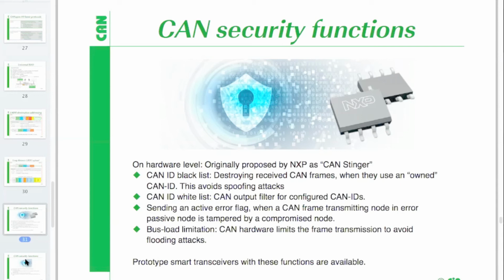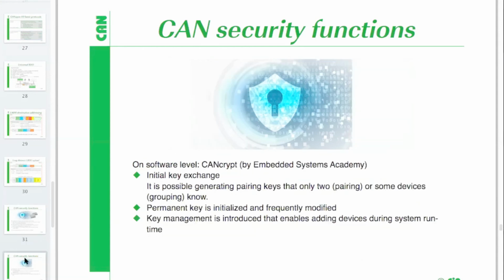There are already solutions provided on the hardware and software level, protecting the data by certain authentication of the recipients. There is a software solution from Embedded System Academy. This is CANcrypt, which allows you to do this